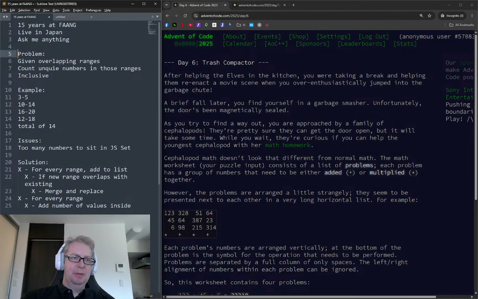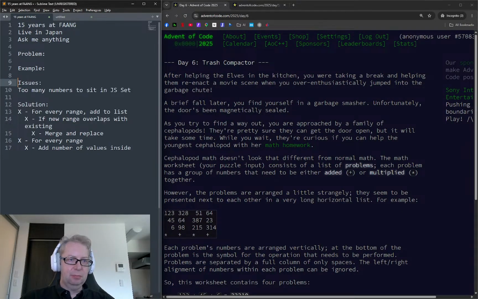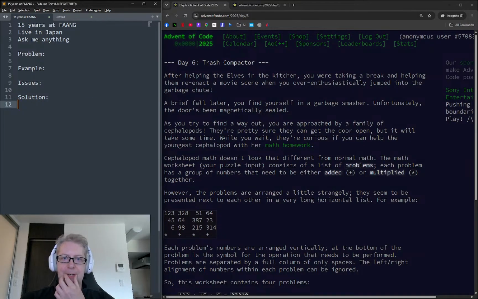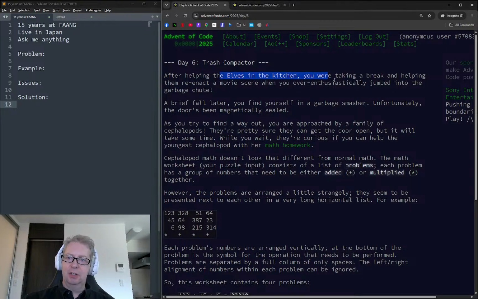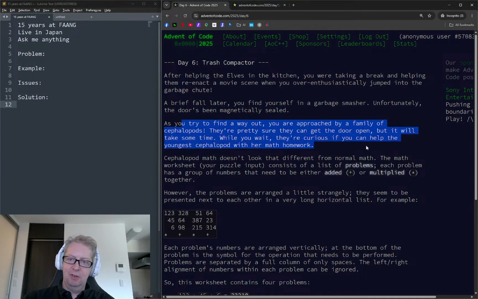So then let's reset our explanation here. Okay. After helping the elves in the kitchen, you were taking a break and helping them reenact a movie scene where you over enthusiastically jumped into the garbage chute. A brief fall later, you find yourself in a garbage smasher. Unfortunately, the door's been magnetically sealed. As you try to find a way out, you're approached by a family of